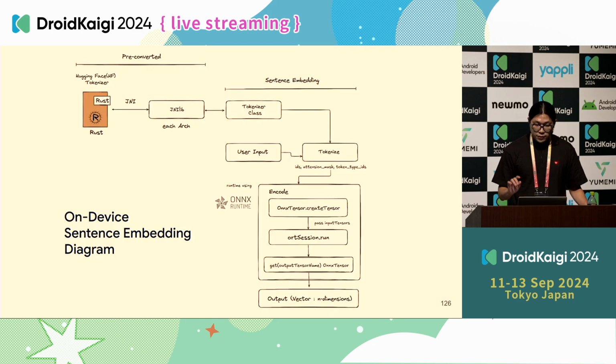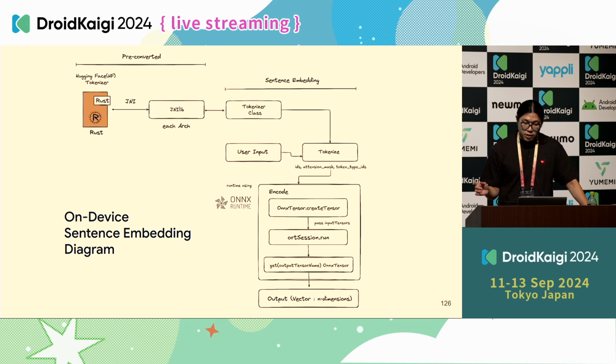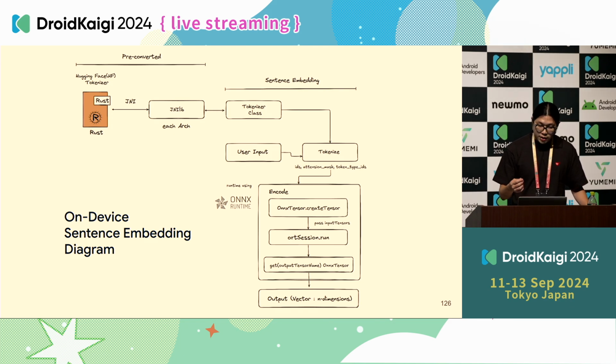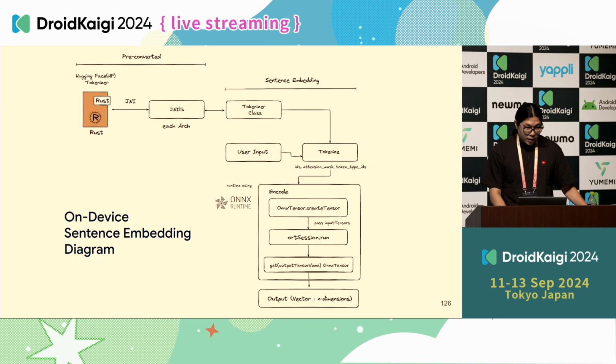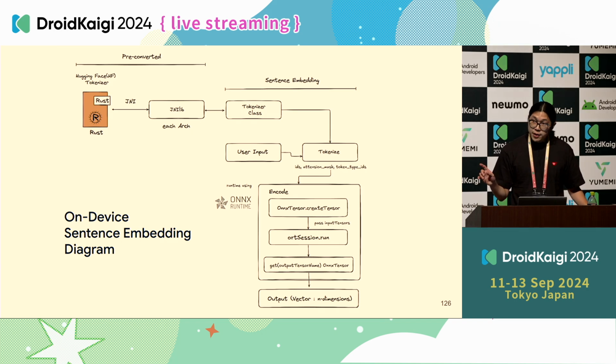Here is the diagram for implementing sentence embedding on the device. The tokenizer from Hugging Face is primarily based on the Rust language. The JNI library is generated for each system architecture to run the embedding models and utilize them for embedding. The actual encode method uses ONNX Runtime to tokenize the user input and then perform an encoding operation to